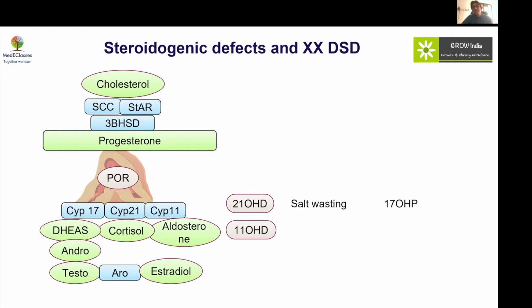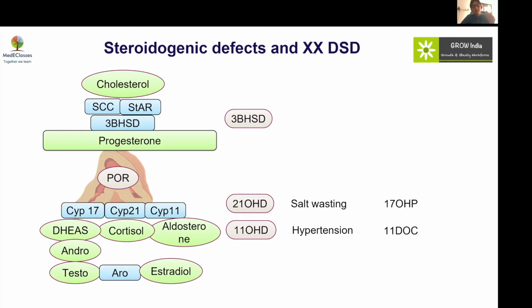But in the initial 1 to 2 months of life, we know that there is mineralocorticoid resistance. So this 11 hydroxylase deficient child might also present with the salt wasting variety earlier, followed by the development of hypertension later in life. So hypertension again is a hallmark if the patient presents later in life, and 11 deoxycorticosterone level should be done if we are suspecting 11 hydroxylase deficiency.